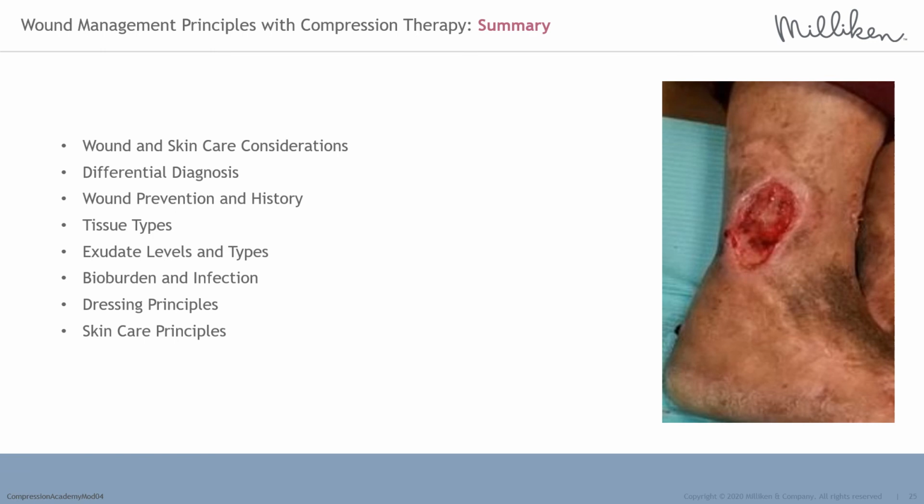We have explored the World Union of Wound Healing Societies and Wounds UK published descriptors and recommended management for tissue types, exudate levels and exudate types. We have touched on bioburden and infection, identification, management and prevention of wound infection, biofilm development and challenges when considering antimicrobial and antibiotic use. Dressing principles, we have looked at published characteristics of an ideal dressing, further considerations for dressings